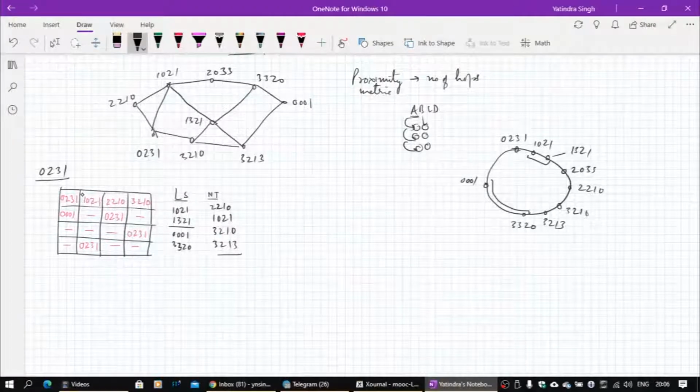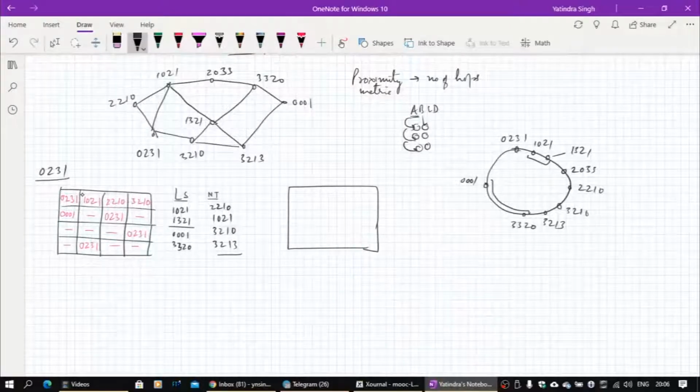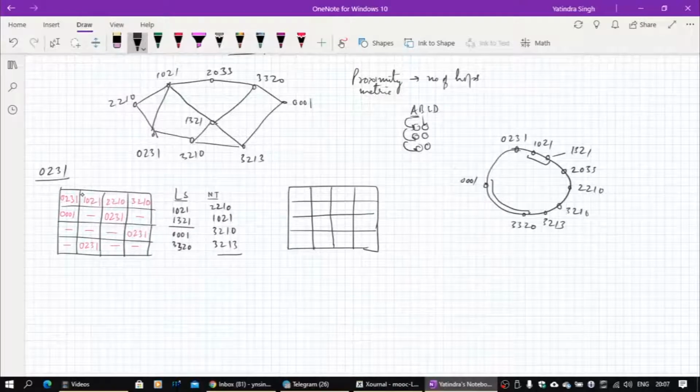Similarly, I can now build up tables for the others. So let's do it quickly actually. 0231 has been done.